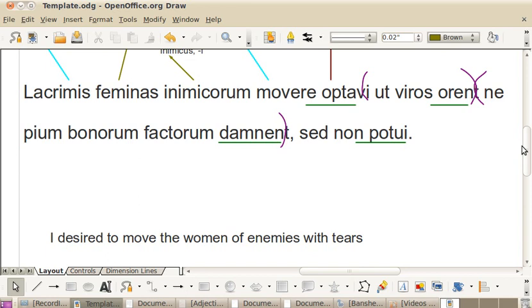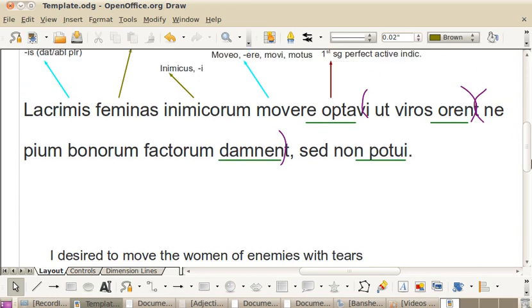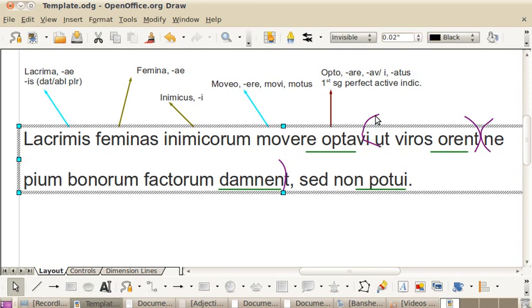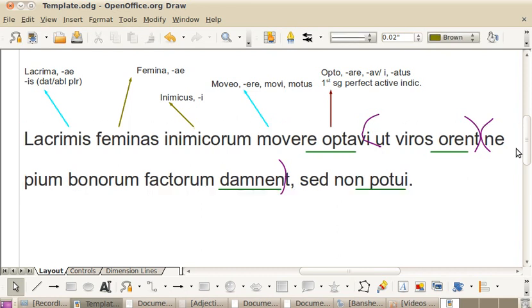Now, my brackets seem to have moved slightly, but I still think we can work it out. We have ut viros orent. Let's see if I can move that. Slightly. Let's see, I'll move this one over. That's a little clearer. Maybe not. Okay, well, good enough. Let's do ut viros orent. And orent,